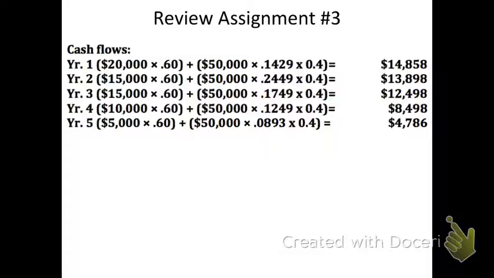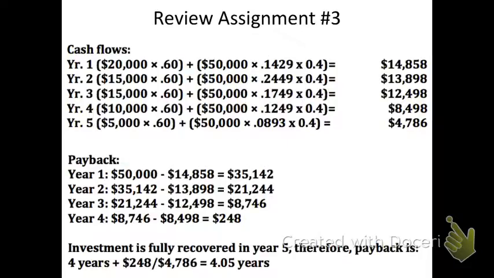Again, you should have gotten the same cash flows whether you did it the way that I did it, with the after-tax plus the depreciation savings, and remembering that these come from the maker's table. The maker's table will be given on the exam, by the way. I don't think I mentioned that. So there's your cash flows, and then you're just looking at how long it takes to recover the $50,000, and